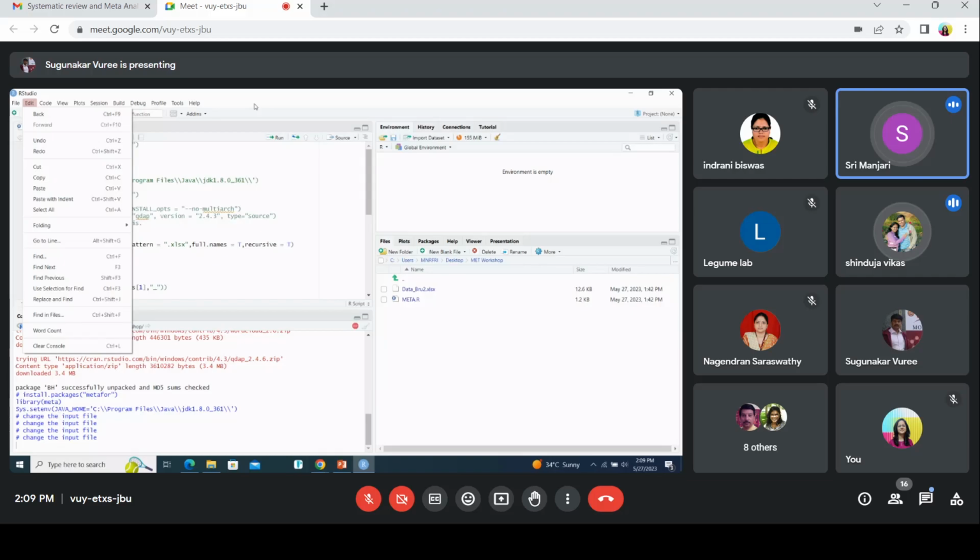Topmost. Yes, import dataset. Click on that, from Excel. Browse wherever you have put it and just open that particular file, data underscore BRU. Import dataset. I think that package needs to be